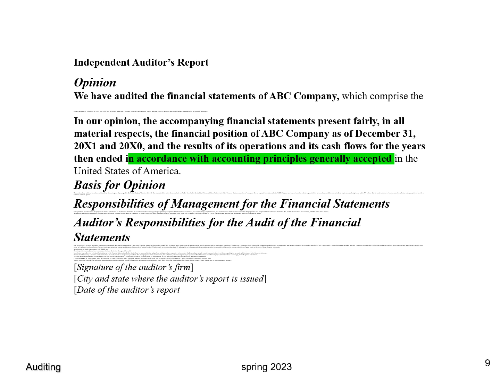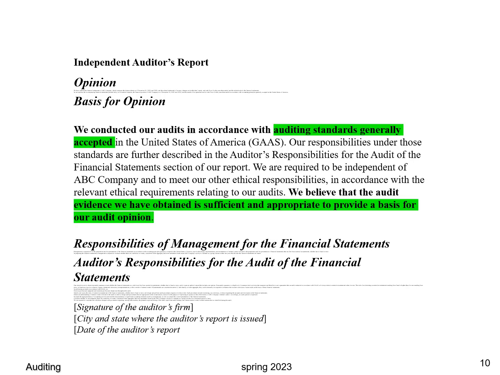So the first term is generally accepted accounting principles. Now they use the term "in accordance with accounting principles generally accepted in the United States." Okay, so generally accepted accounting principles, that's a big term. Then we've got generally accepted auditing standards. GAAP and GAS. Don't get them backwards. Again, they've changed the wording a little bit: auditing standards generally accepted in the United States.